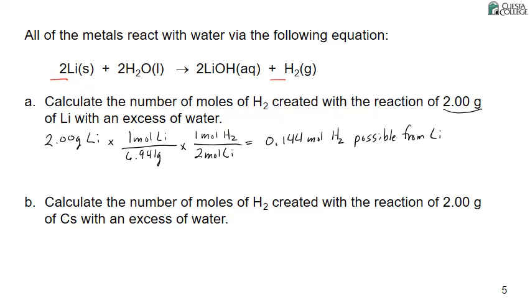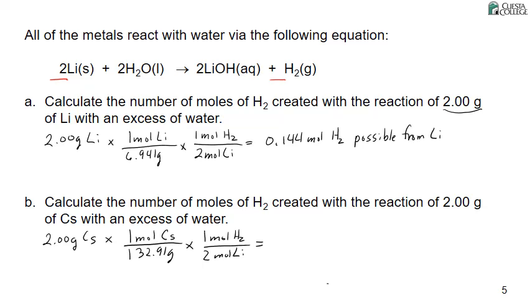We can do the same thing for cesium, starting with 2.00 grams of cesium. The chemical reaction is just the same, substituting cesium for the lithium atoms. In this case, 1 mole of cesium is equivalent to 132.91 grams. The mole-to-mole ratio is the same. And this works out to be 0.00752 moles of hydrogen gas